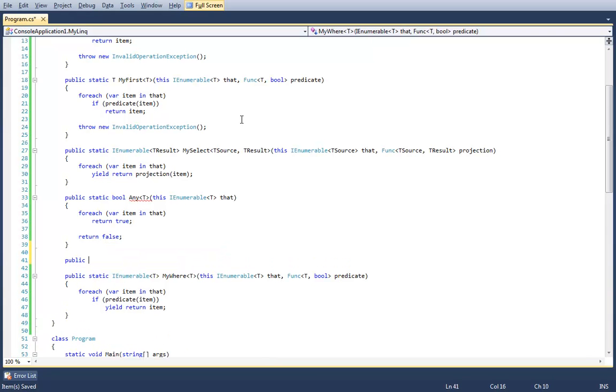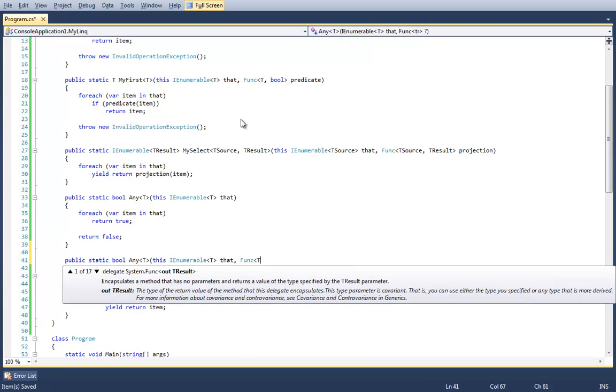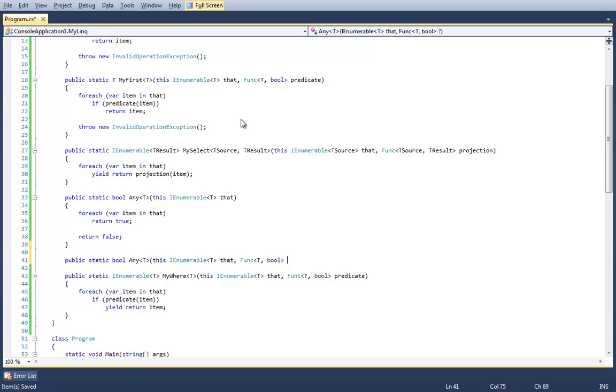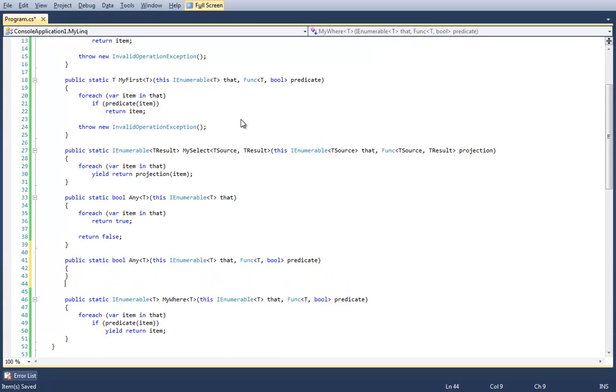And then for the predicated any, it'll look a lot like our where, but instead of yielding the item, we'll simply return true if the predicate matches any.